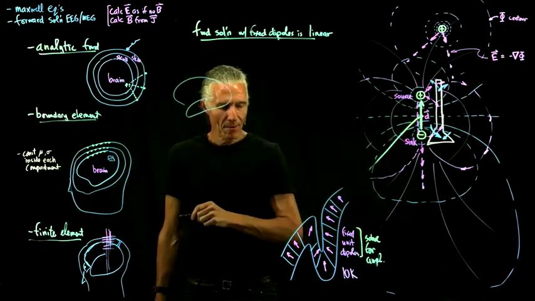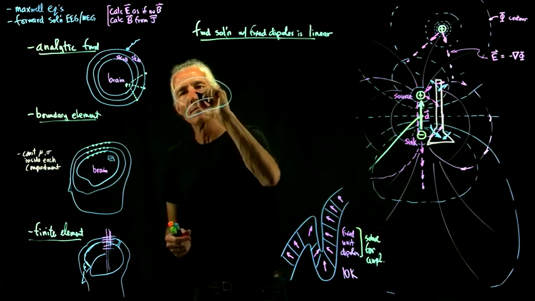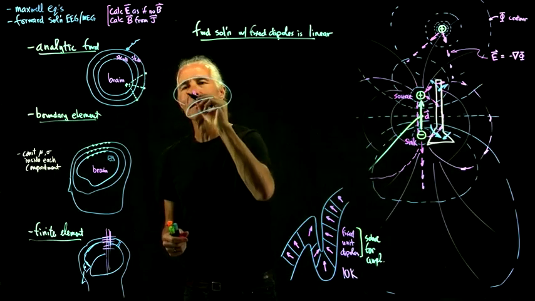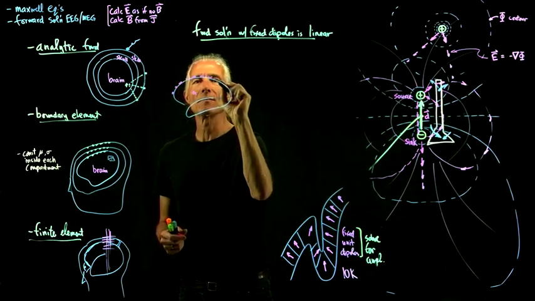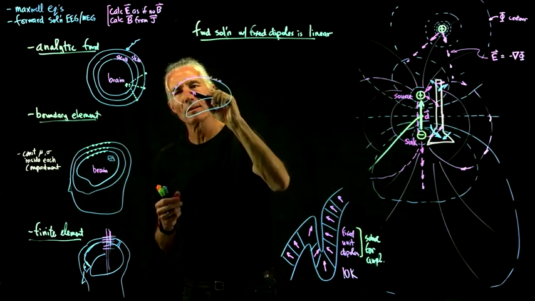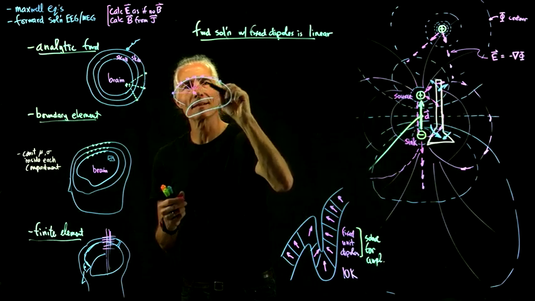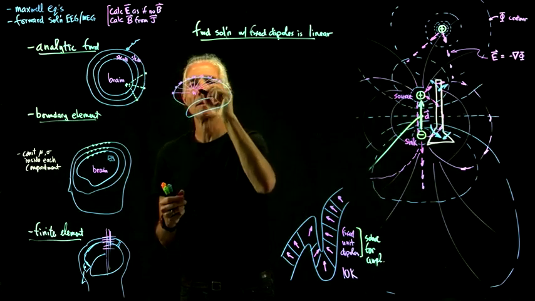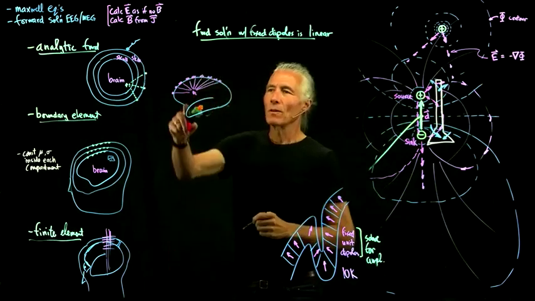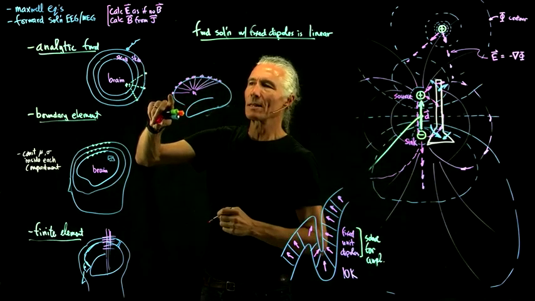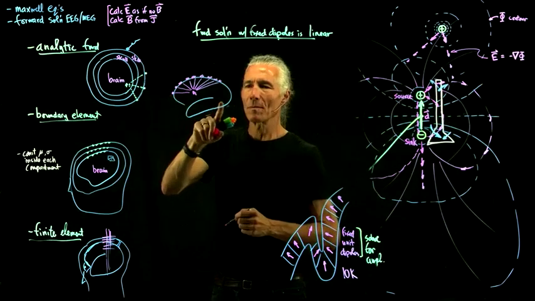So what that means is, if we calculate the forward solution for a given dipole, we've only got to do it once. So here's all the recording sites, and each one of these forward solution things is just a number. It's a weight that says, for a unit dipole at that position and orientation, how much of it do we see either electrically or magnetically at that recording site? So we basically just do that,